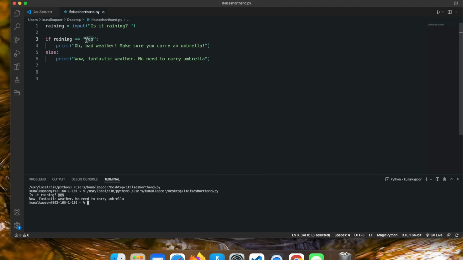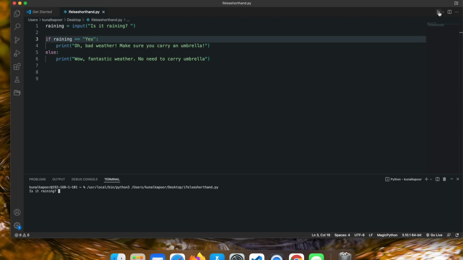Here I'm saying yes with capital Y letter. So these two don't really match. So to fix this, either I run it again, either I input like that,